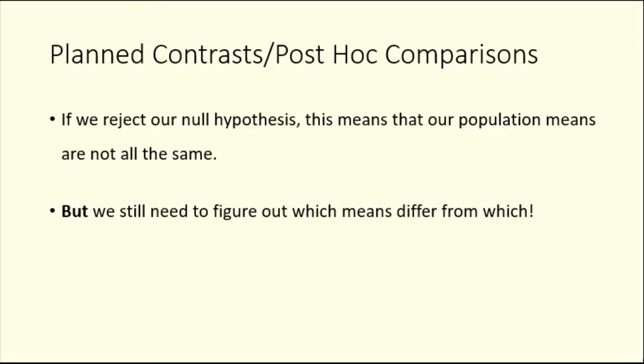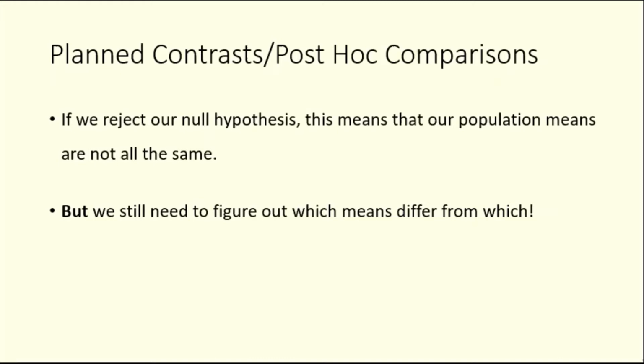So for our ANOVA, if we reject our null hypothesis, this means that our population means are not all the same. But it doesn't tell us which mean is different from which. It doesn't tell us whether that's bigger or smaller or which one it's compared to. We still have to figure that out. And this is only in the case that we have